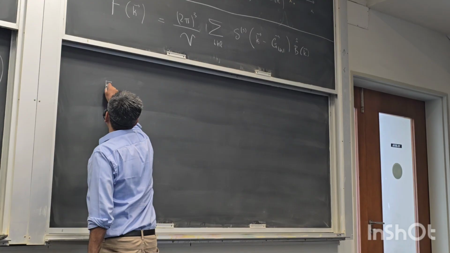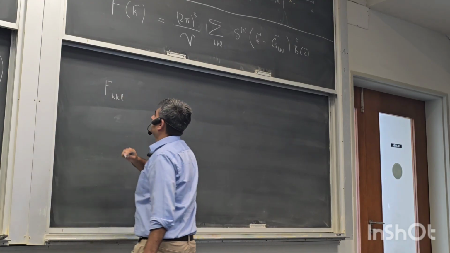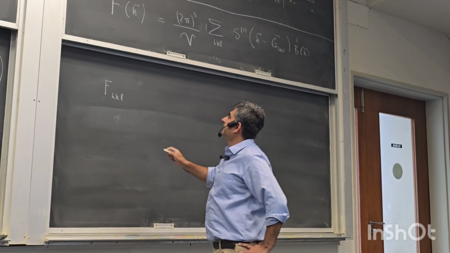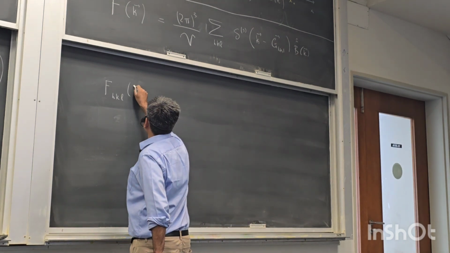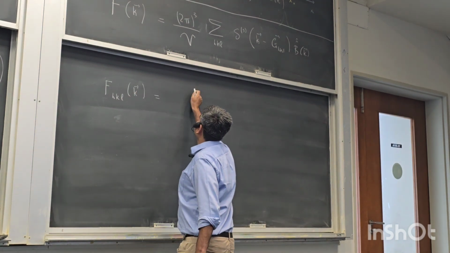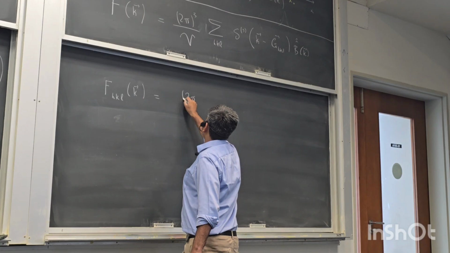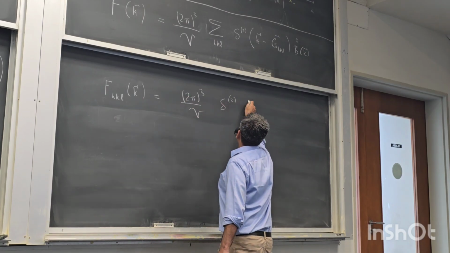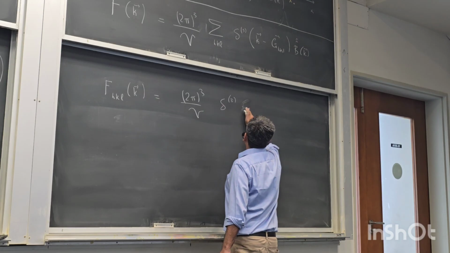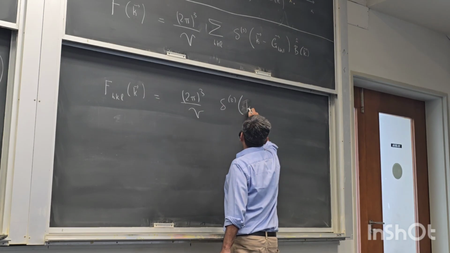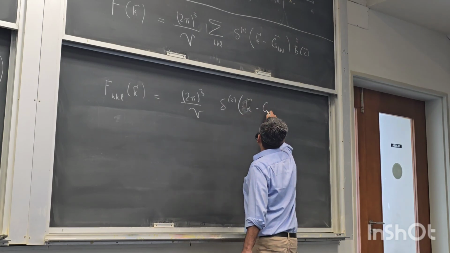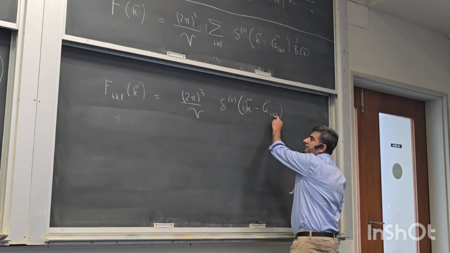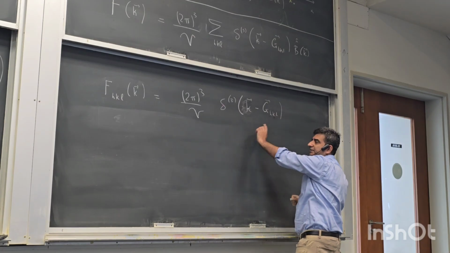So F for some HKL, still a function of K, is 2 pi cube P, this unit K minus G HKL, where this K, H and L are fixed by